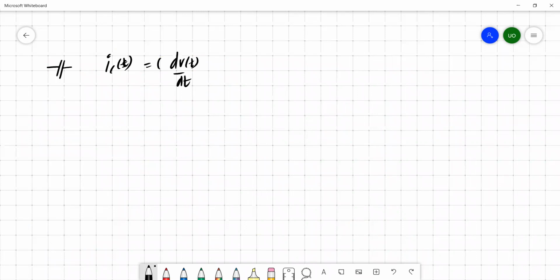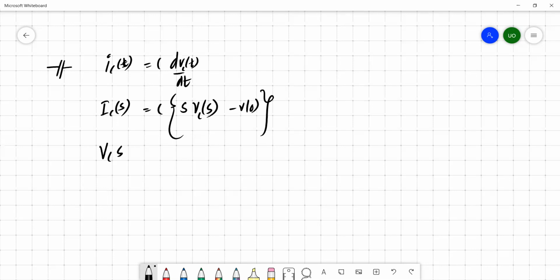So if you just apply Laplace transform, this would be like this: C, then S, Vs minus V0. So if you want to get a relationship between voltage and current, so VC(s)